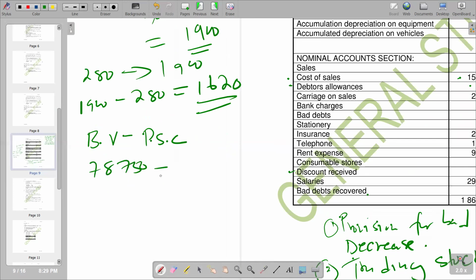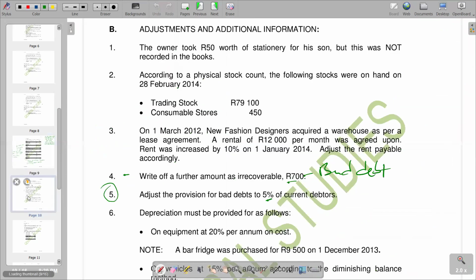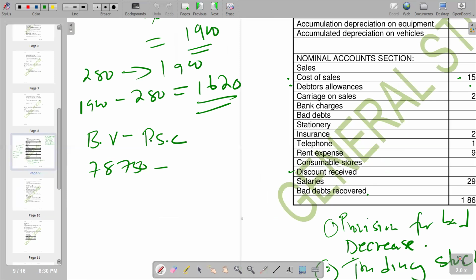And then you subtract the physical. So before you subtract, you also check in the additional information if you got any adjustment that is affecting your book value. You go to additional information to check that there might be some adjustment affecting your book value, but we see that there's nothing. So it means you can straight away subtract your trading stock count, which is the physical stock count figure here, which is 79,100. So we subtract there by saying 78,750